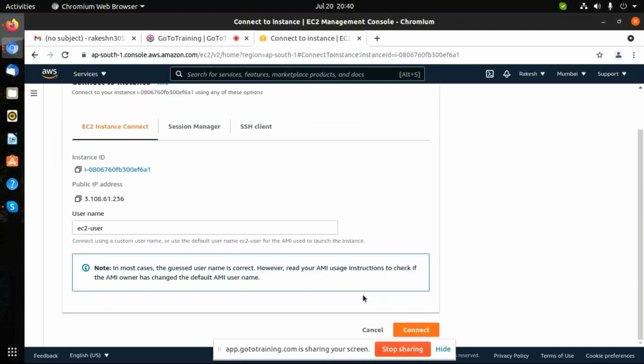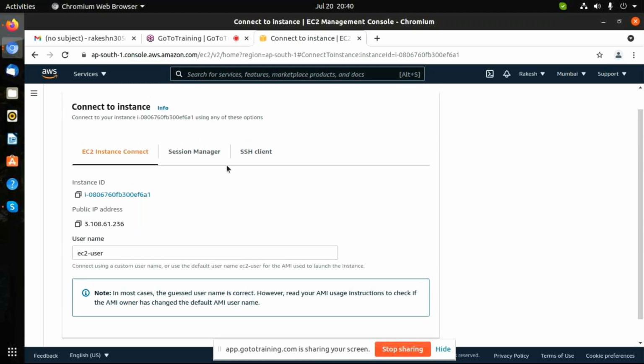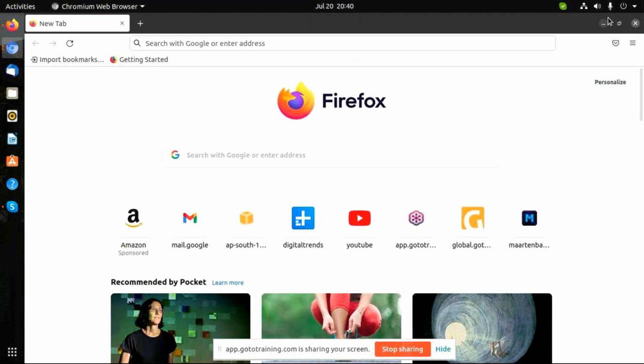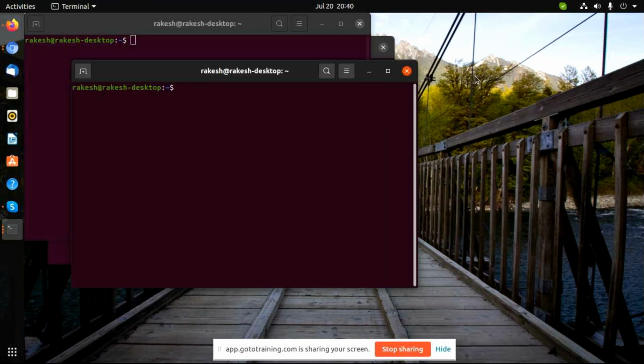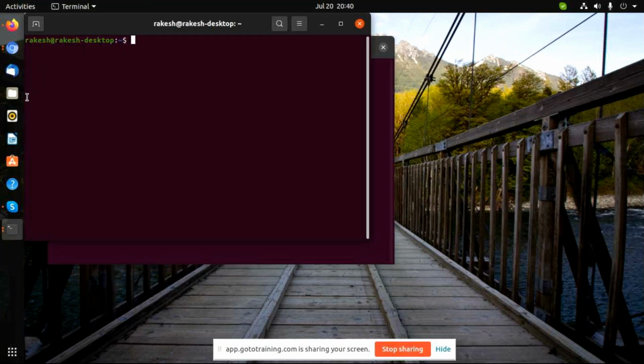Meanwhile, in your laptop, can you please open your terminal, your Linux terminal. Where is your terminal? Okay, I hope you downloaded the key in the download folder. Do you know that folder? Do ls once. So cd to downloads, generally it will be there in the download folder. So cd downloads.